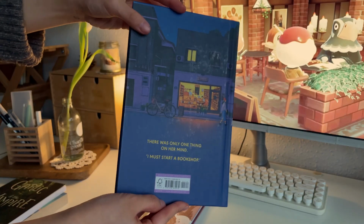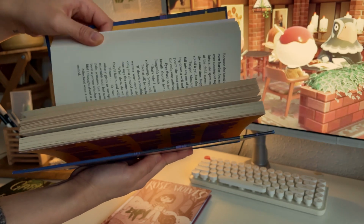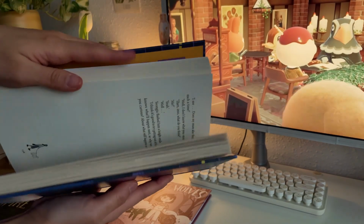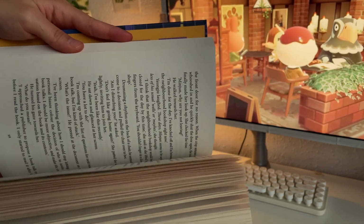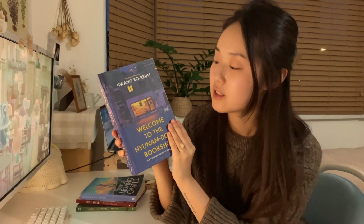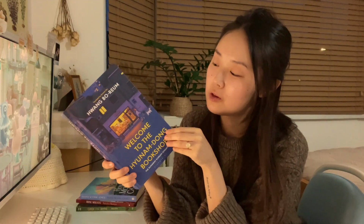Anyways, Welcome to the London Bookshop follows a lady called Youngju who is really tired. She's burnt out from life and ends up deciding that she has to run a bookshop. And so she sort of starts life afresh, and it just is a very quiet tale following the impact that this bookshop has on the local community in Yunnan-dong. This book features Youngju and her coffee barista, and an author, and several other wonderfully quirky characters who just want